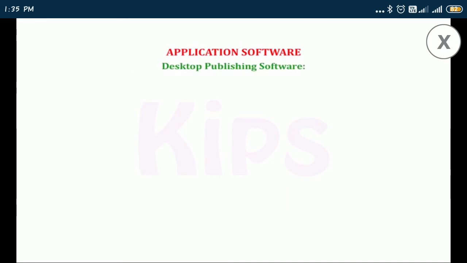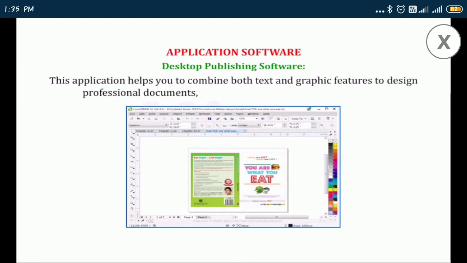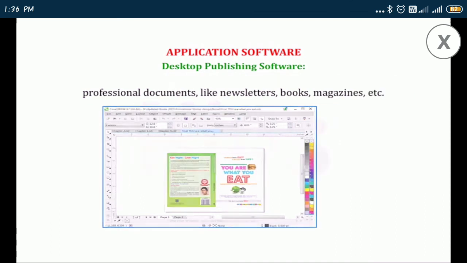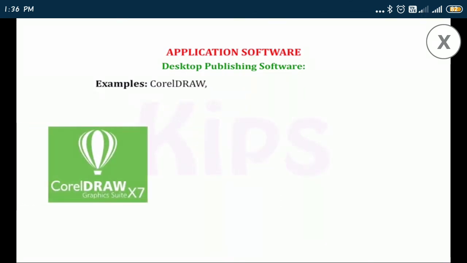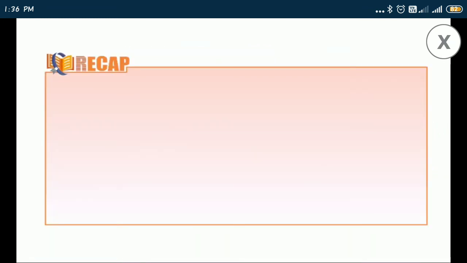Desktop publishing software. This application helps you to combine both text and graphic features to design professional documents like newsletters, books, magazines, etc. Examples: CorelDRAW, Adobe InDesign, Quark Express, etc. Okay, students, let us take a recap of this chapter. The